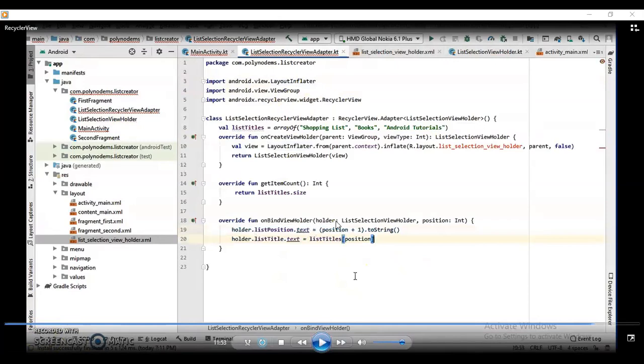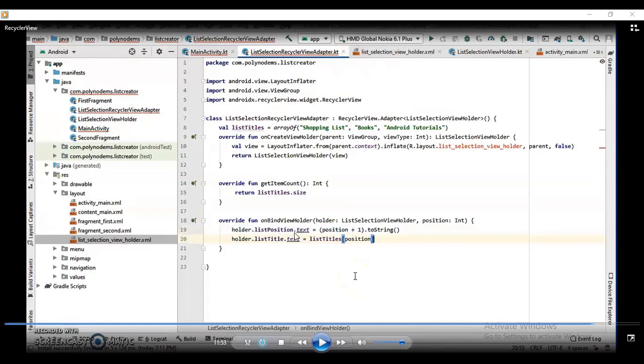Now here, this holder is an object of the list selection view holder class. The list selection view holder class is defined by us here, so we have created the object of that class. The holder instance will be created, and through the holder instance we are accessing those two properties, that is list position and list title, as both these properties are of type text view.